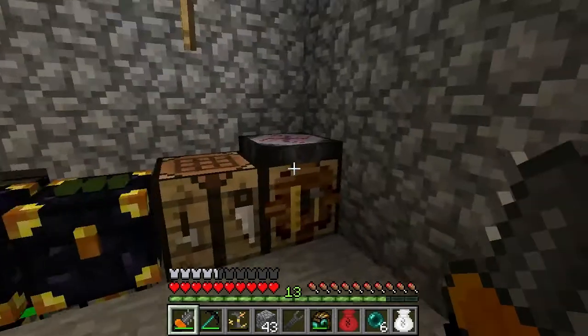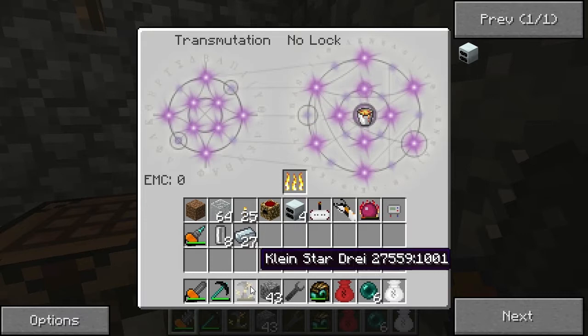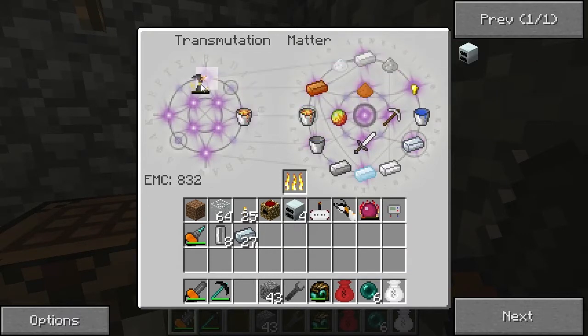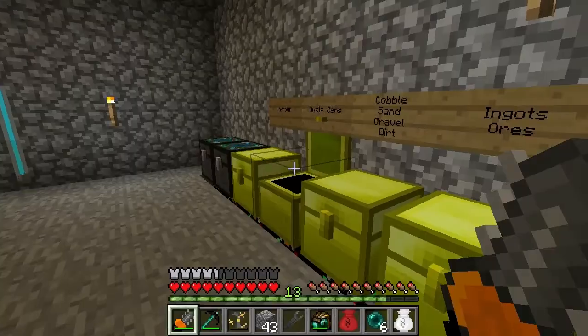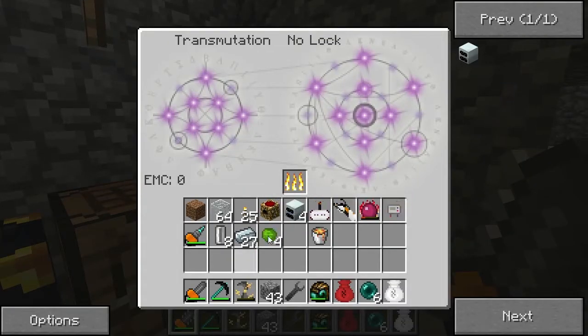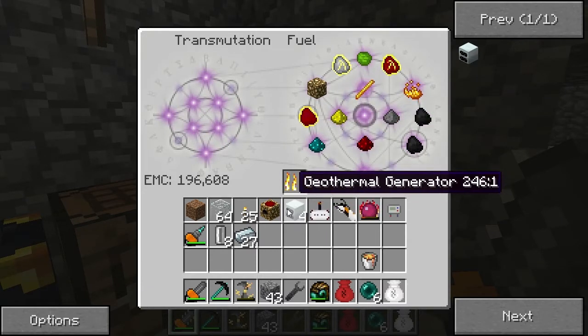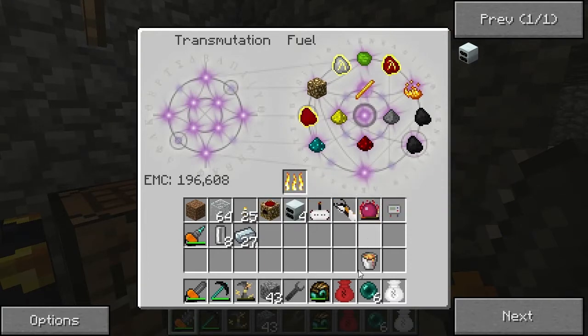Alrighty. We're going to take this lava bucket out here, and we're going to put it in the target slot here and get our Klein Star out. Alrighty. How much is this guy? 830 something. So, time for another few pieces of uranium. And this is why I like targeting uranium. Very good target source to have. That's not fuel? That's kind of weird. Alright, so let's go ahead and...